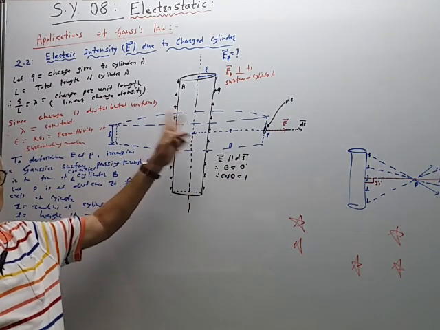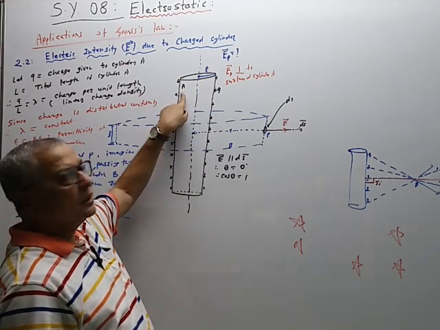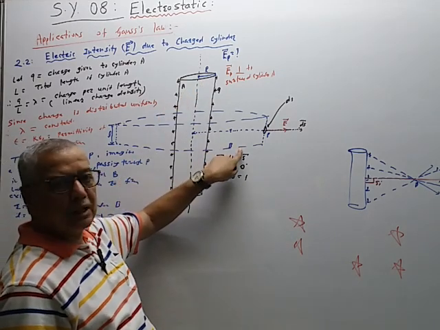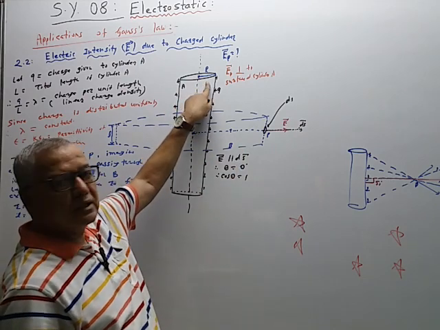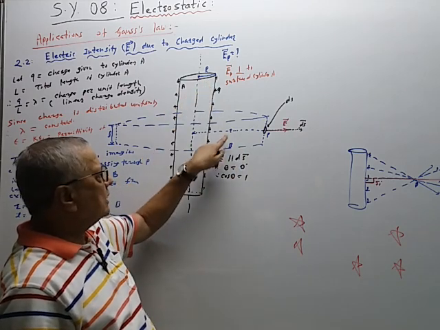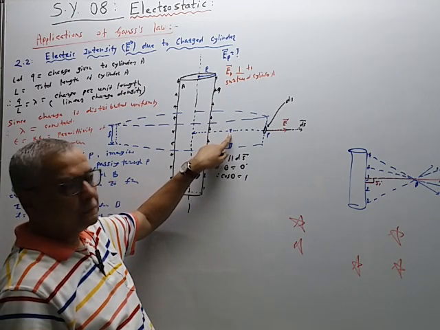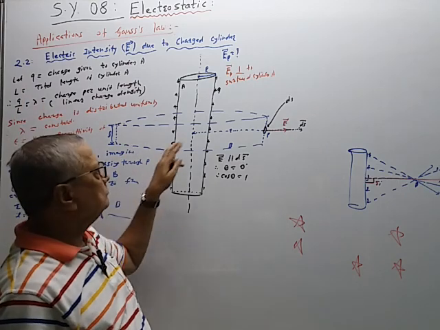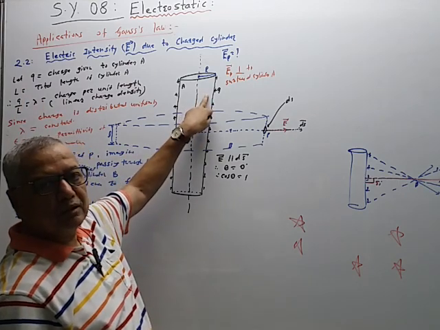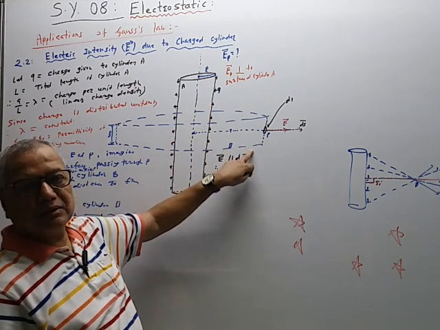आता फिगर मध्ये दोन सिलेंडर, काय काय फरक आहे त्याच्यामध्ये? A is a real cylinder, B is an imaginary cylinder. This is the first difference. A has radius of curvature capital R, B has radius of curvature small r. Small r is greater than capital R. A has length capital L, B has length small l. Charges can be given, which are distributed uniformly. Charges cannot be given because it is the imaginary surface.